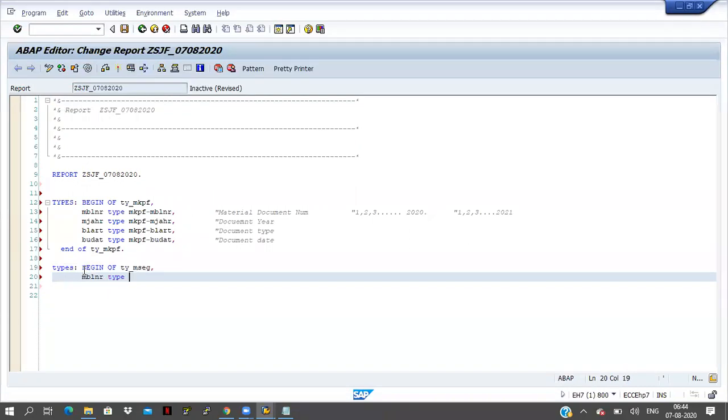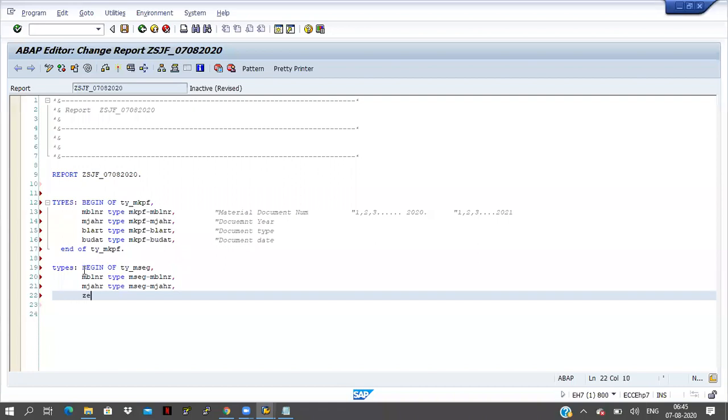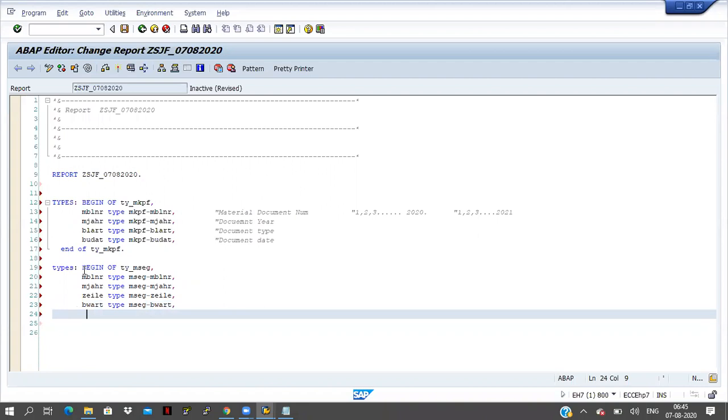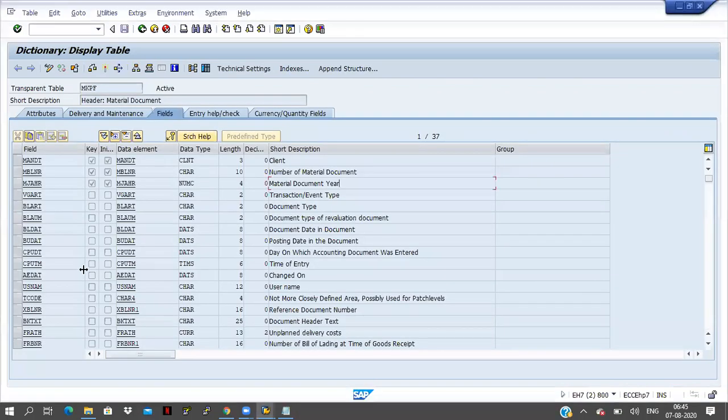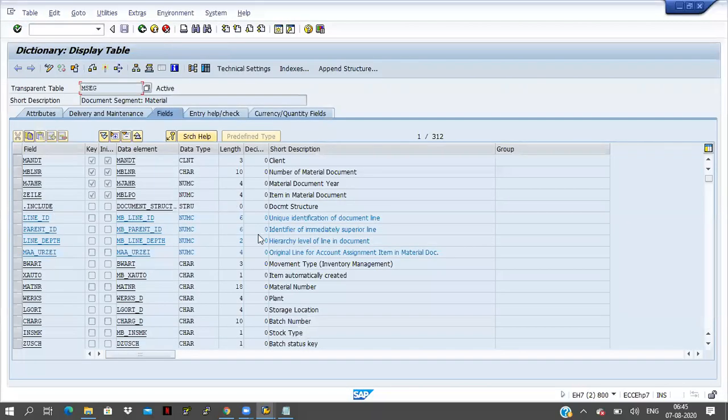MBLNR type MSEG-MBLNR, MJAHR type MSEG-MJAHR, ZEILE type MSEG-ZEILE and BWART type MSEG-BWART. One minute, I will go to the table level MSEG.